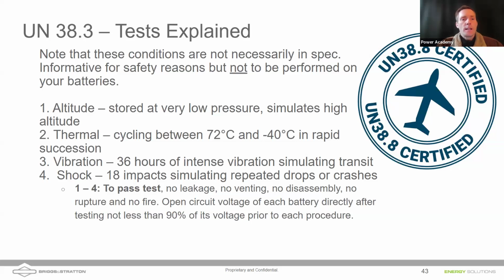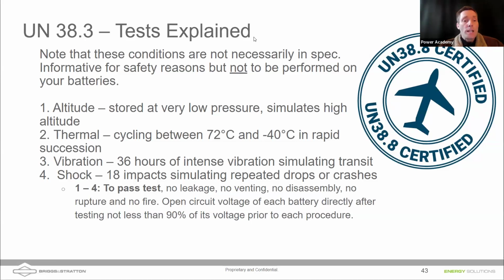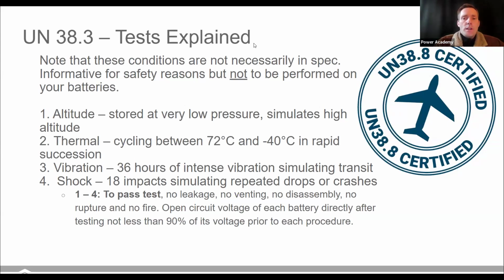those UL test regulations. So UN 38.3 has to do with shipping of batteries, and so our batteries are some of the few batteries that can be certified to ship. This involves air shipments involve limitations overall based on weight, and obviously batteries that are going through air shipments go through a low pressure. And so if you have batteries that are not rated for elevation, they would not be suitable for air shipment. Well, our cylindrical cells in the Phi and the Amplify batteries can tolerate low pressures just fine. These tests involve thermal cycling of the batteries, low pressures, high pressures,